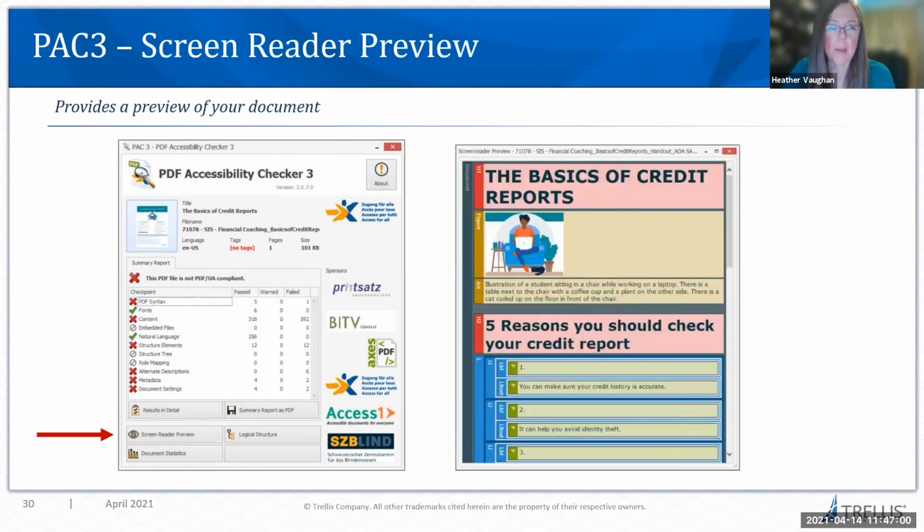And the other feature I absolutely love is the screen reader preview. What this does is it gives you a view of how your document would look on a screen reader. And as you can see here in the screenshot, it identifies what is identified as a heading, as a list, as a figure. And there's times that things look good and I've got green check marks, but I'll come in here and I'll see maybe something's out of order, or I want to clean something up, or maybe something didn't quite get tagged properly. So I absolutely love being able to see the preview of the document here. Okay, next.